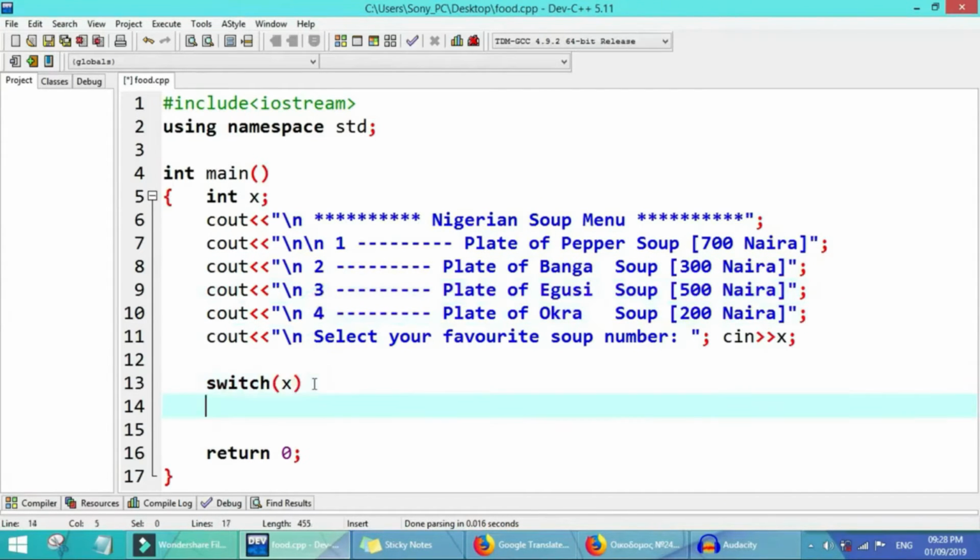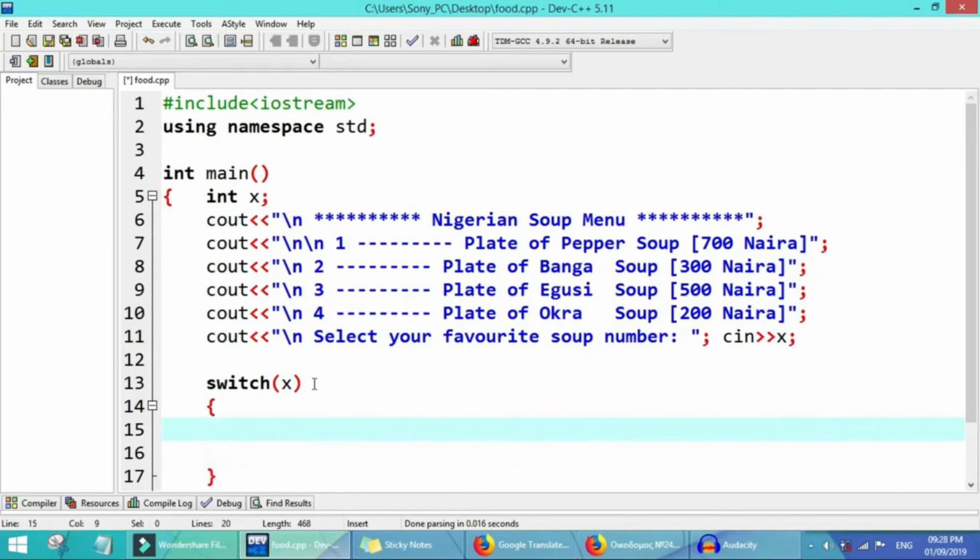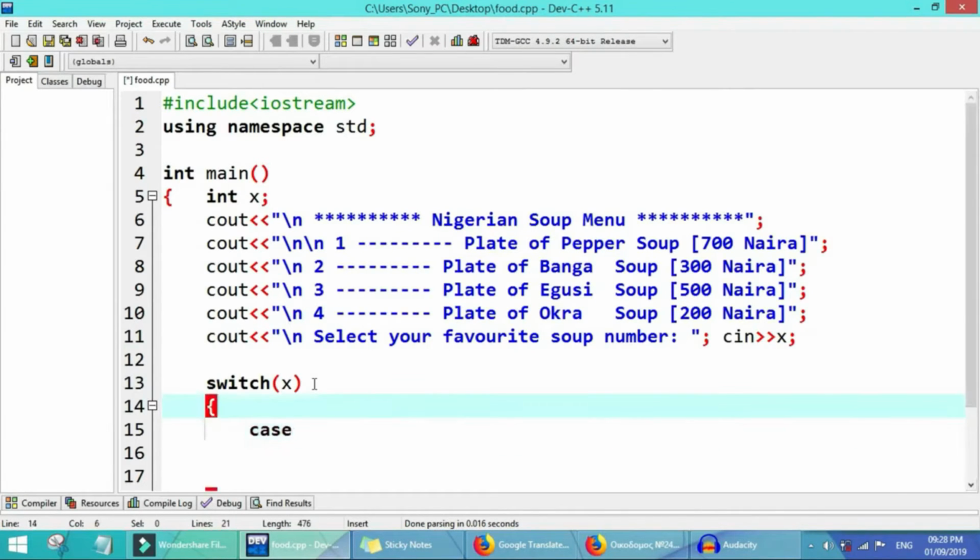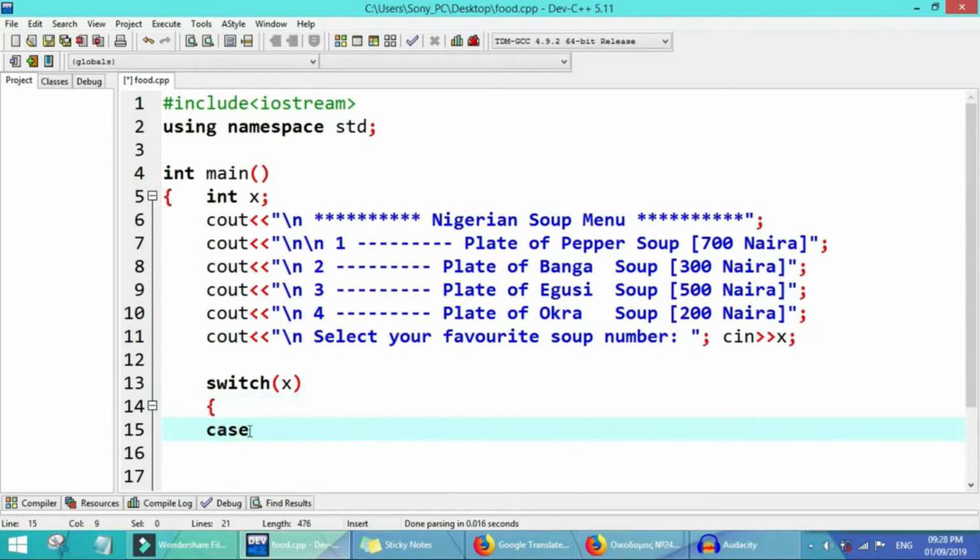So for switch we dey use case, and the case go switch anything we want switch for here. If na alphabet, it go be alphabet. If it be character, it go be character. And if na number we want switch, like 1 2 3, then the case go take 1, then we put our colon.